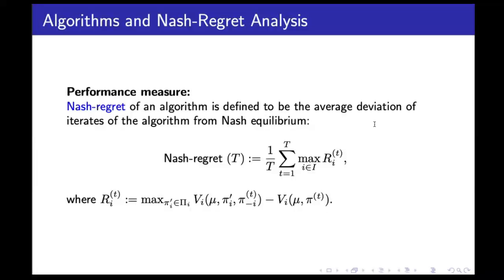So basically, if we look at each R_i term, each regret at each time stage, essentially it just measures, where pi_t is the current policy of the algorithm, how much you can improve from the current policy. So that is your regret. In a special case, for example, if you achieve the Nash equilibrium, then of course this term is just zero. So the algorithm performance measure is just to minimize the Nash regret.